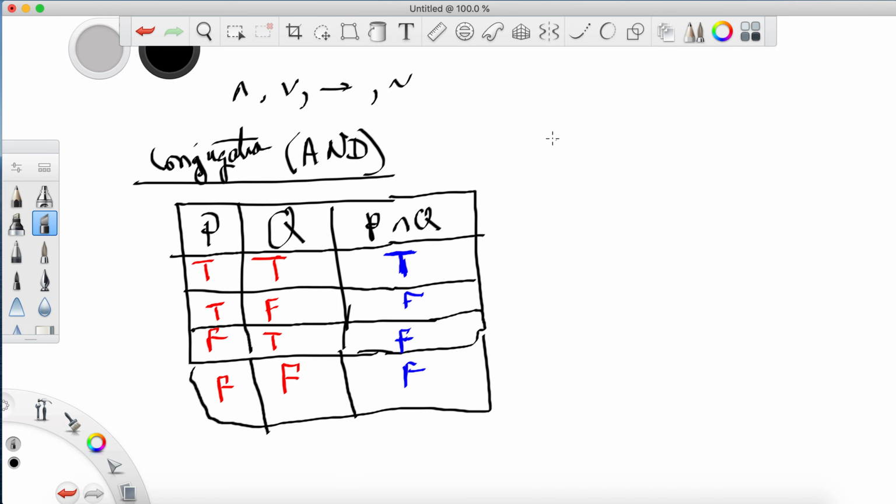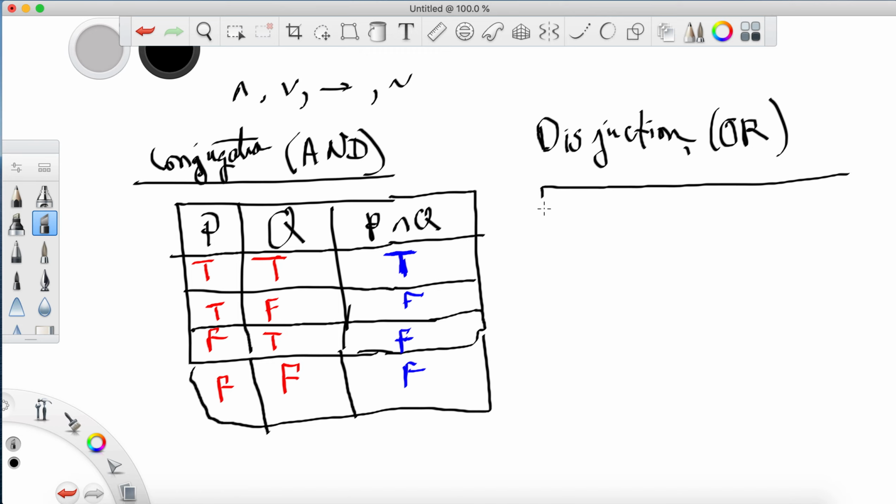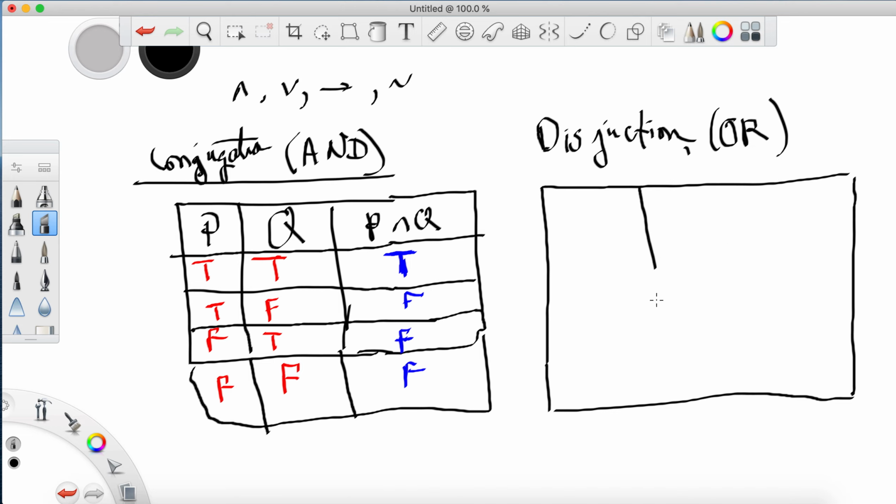Over here, I'm going to show you disjunction. So there's conjunction, and then there's disjunction. This is or, and we're going to do this little table,